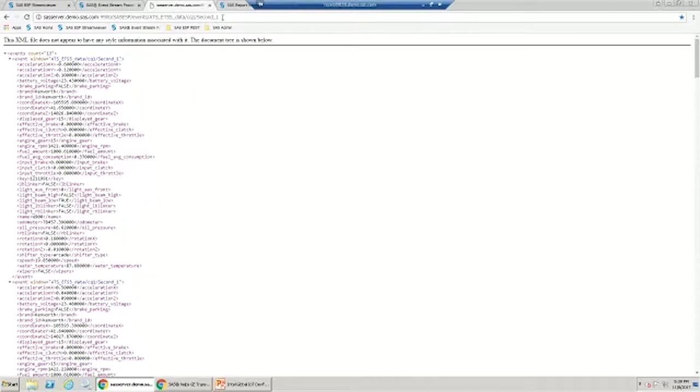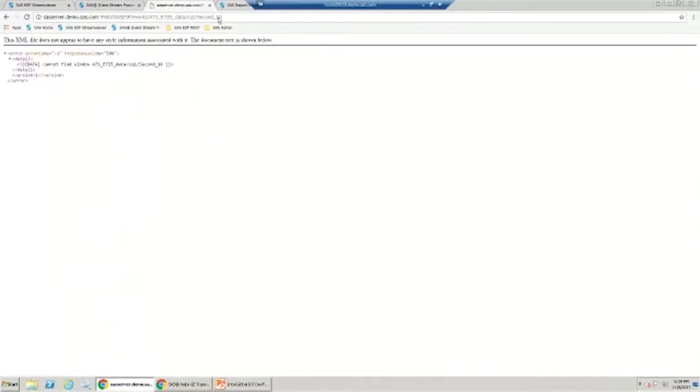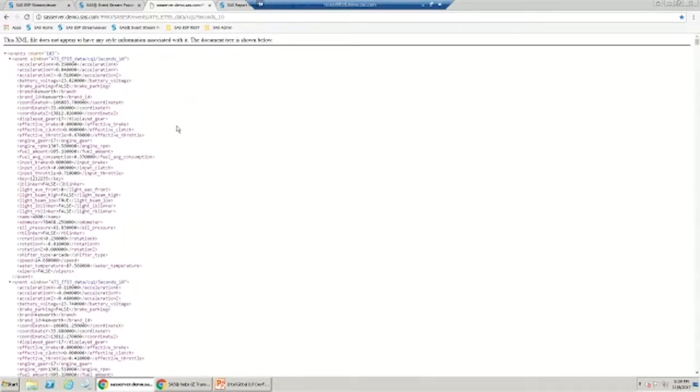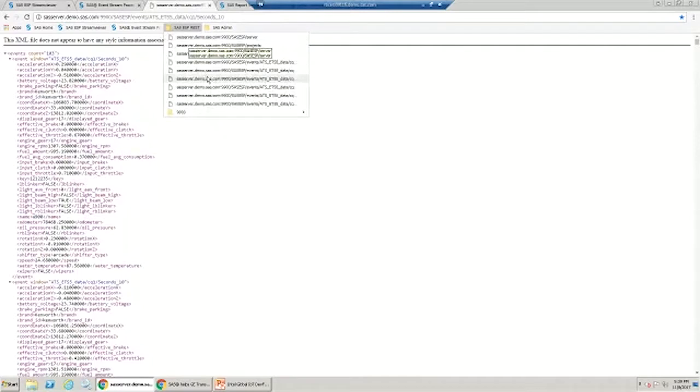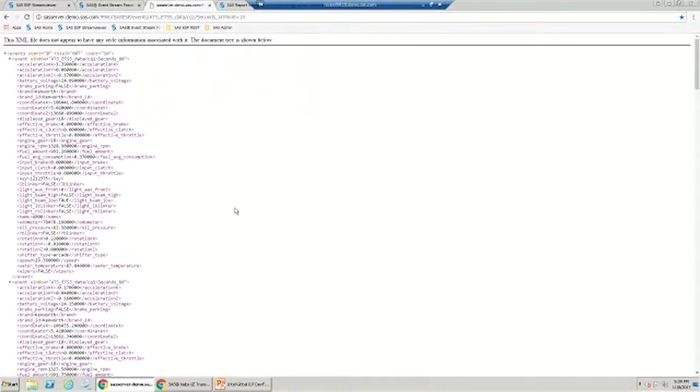So if I change this REST-based interface up here and go grab 10 seconds, whoops, wrong window. Each one of these windows is uniquely named, and this one has a plural on it. And so it's gone out there and now grabbed 100 events. And here we can see all the data values coming off of the stream. If I want to grab even more, here I'm grabbing 60 seconds, which is a total of 607 values. I'm only showing 10 of these, but the important part about all this is that we're going to aggregate and do our analytics across these various samples, and this time component is very, very important.